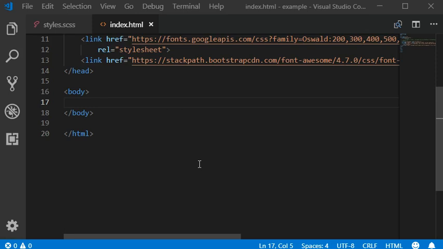You guys doing well, and today I'm going to show you how you can create a portfolio section in your website. So now I'm going to start from the